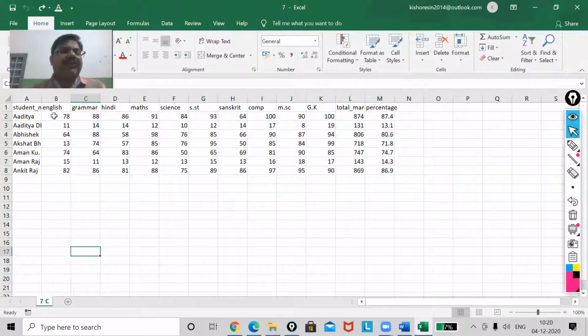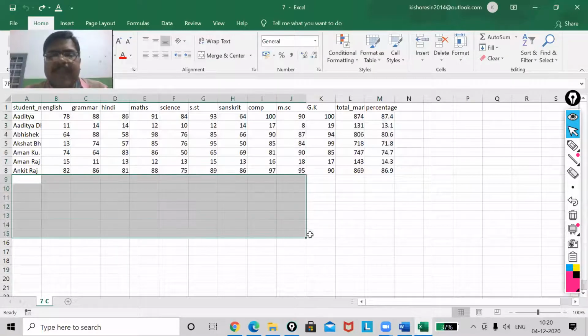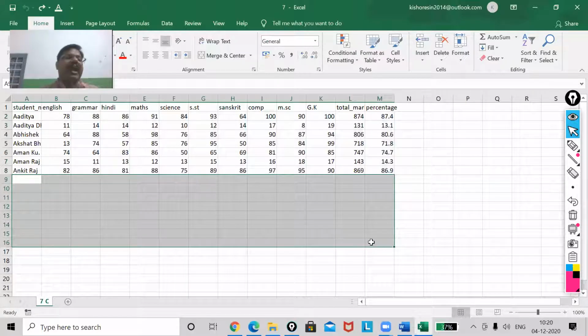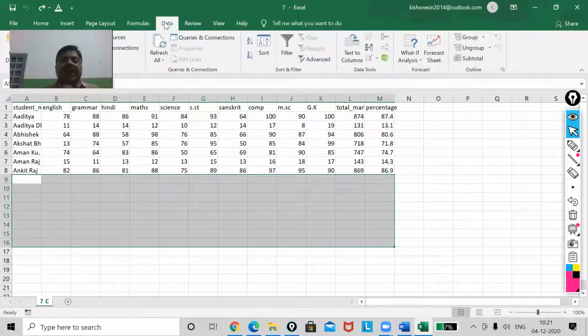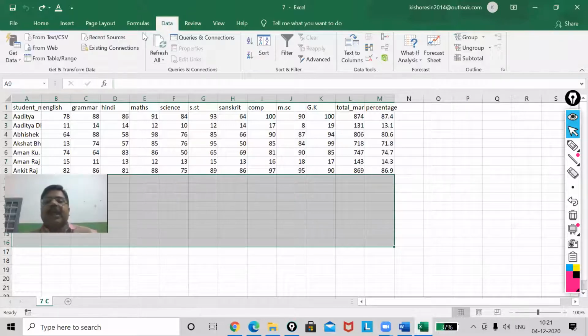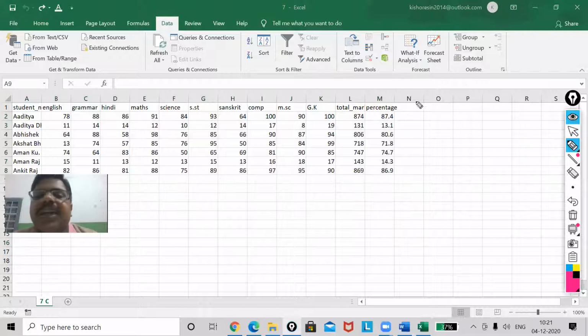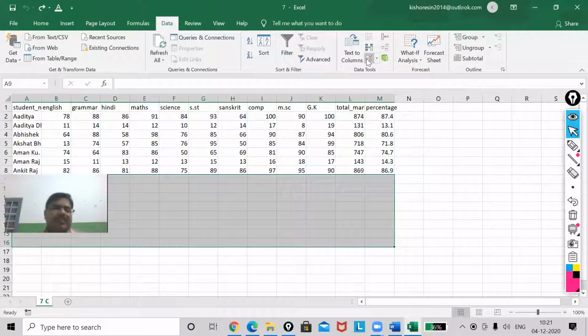So what I will do in data validation, I will select the blank cells. Okay, I will select the blank. That means where there is no values. Now I will be going in data. Which tab I will select? Data tab. Now there you can see, my dear, data validation. This one is my data validation. Okay. So I'm going to click on this.